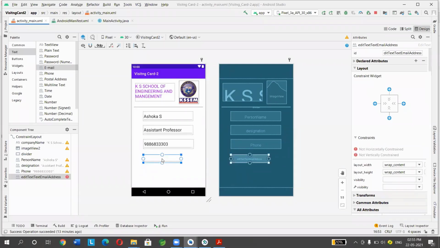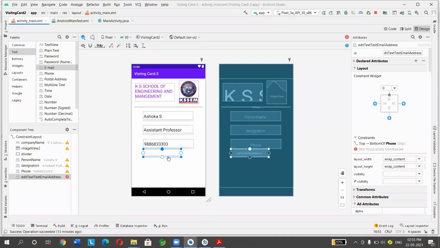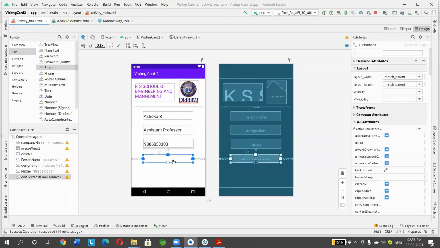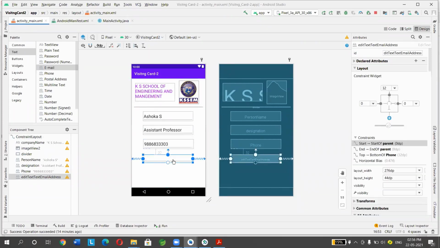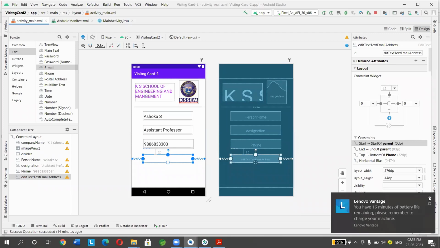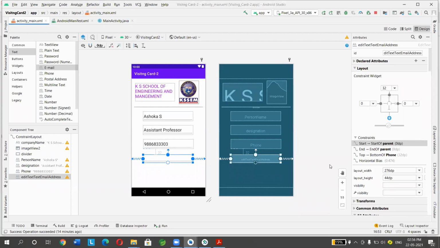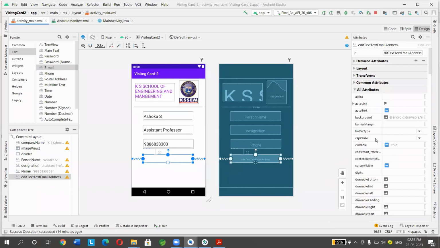Again, you need to set the constraints. I'll place this with respect to this. For email ID, this ID is edit text email ID. If you want, you can change this. Now I don't require this, so I don't change it.